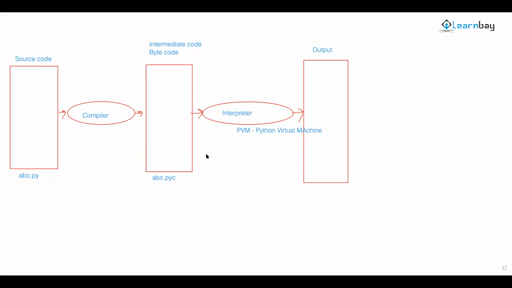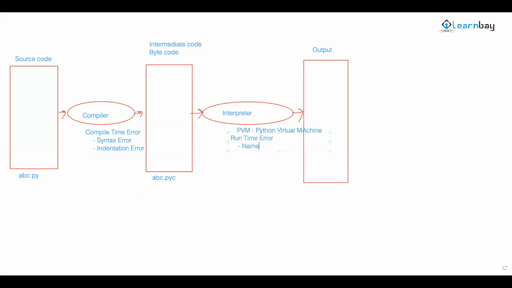In case of Java, also you have these two parts, right? So what this compiler does here, it checks for the compile time error. This compile time error is checking the syntax error and let's say the indentation error. Okay, whereas this interpreter checks for the runtime error,